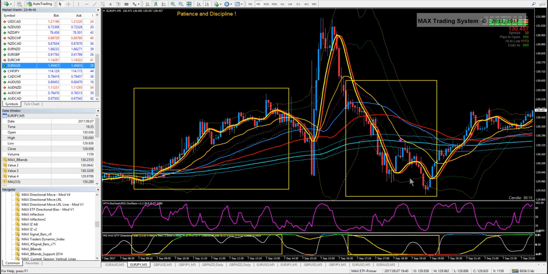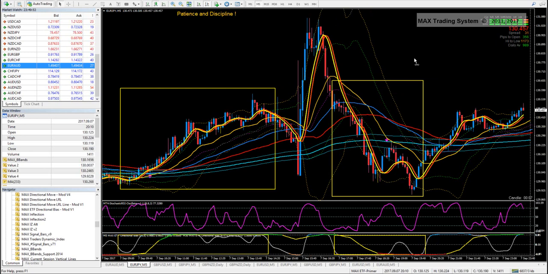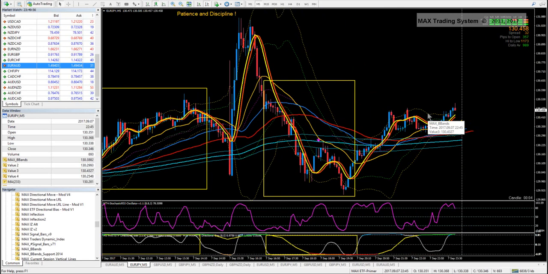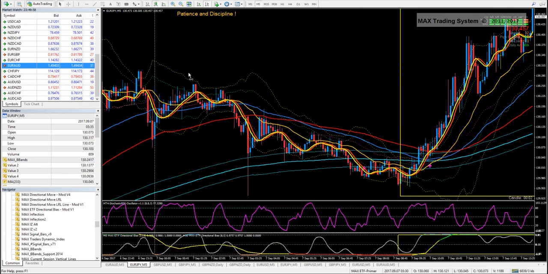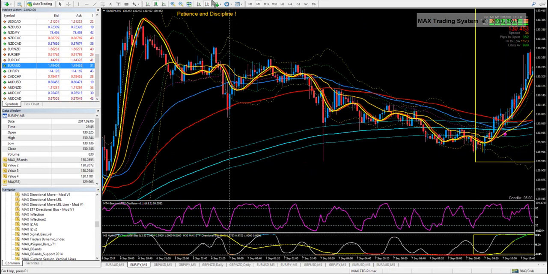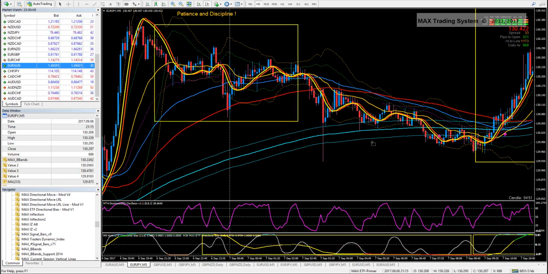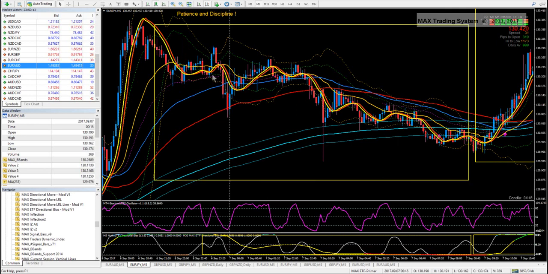And then, nicely, that pullback is considered by the indicator as a small pullback, not setting the longer term trend into danger, and then switching back again to a long trend. And so we can switch from long trend to short trend. See here, all that movement starting in this area approximately up to this movement was a short movement. And so with the Max ETF, you would have had a lot of opportunities to make trades along that downward movement,